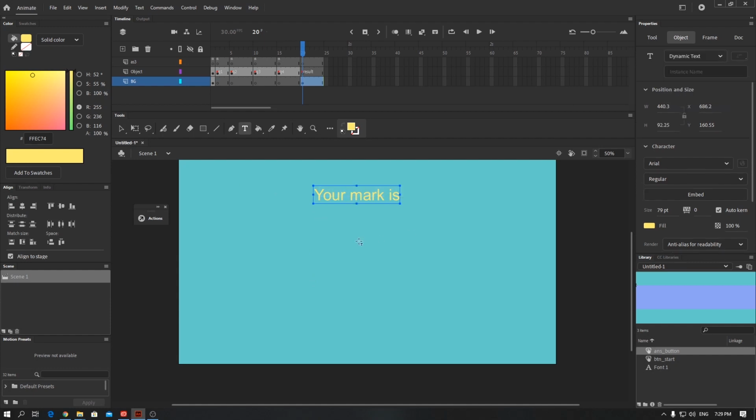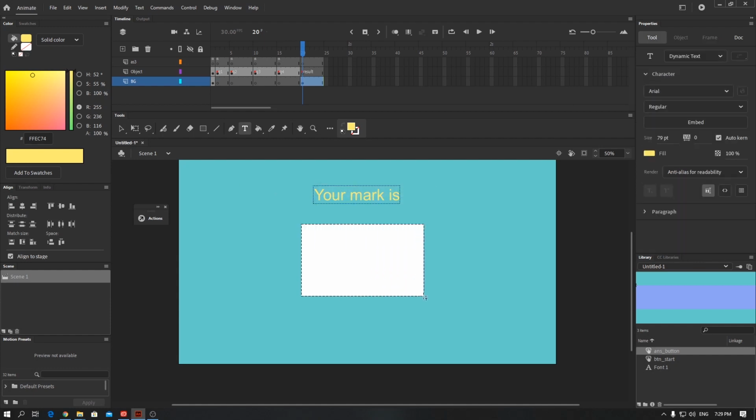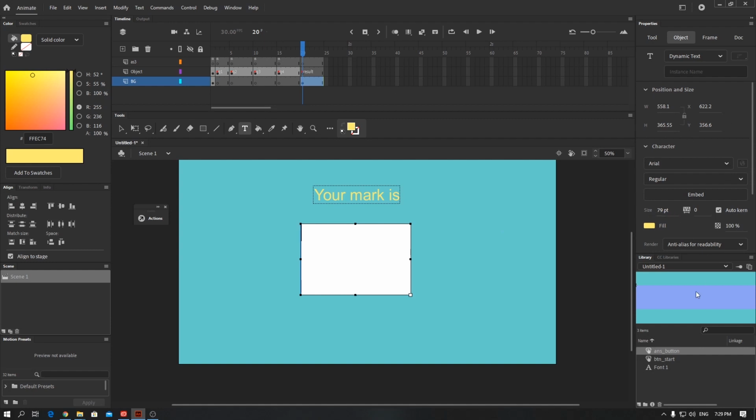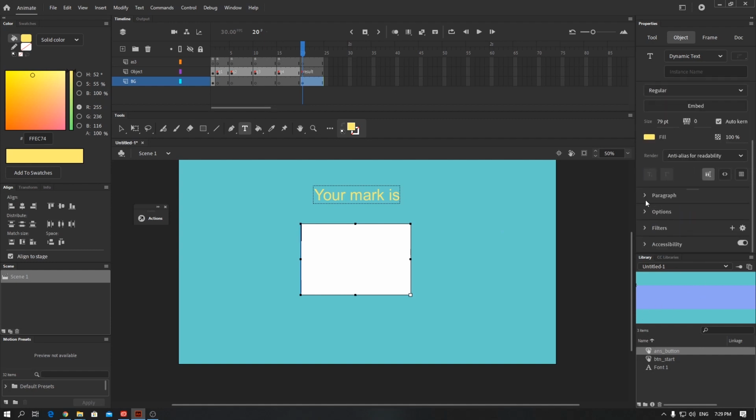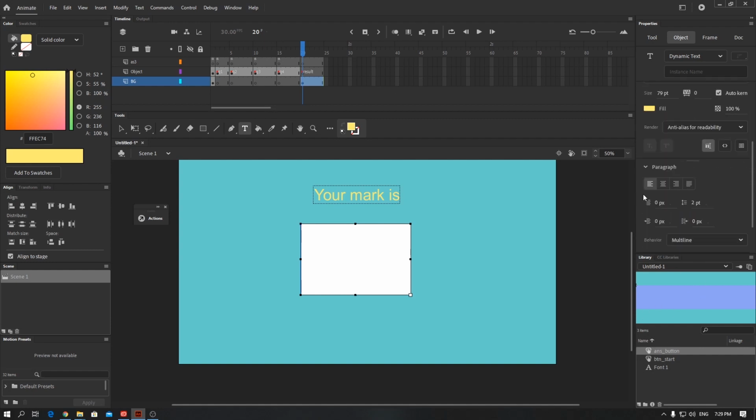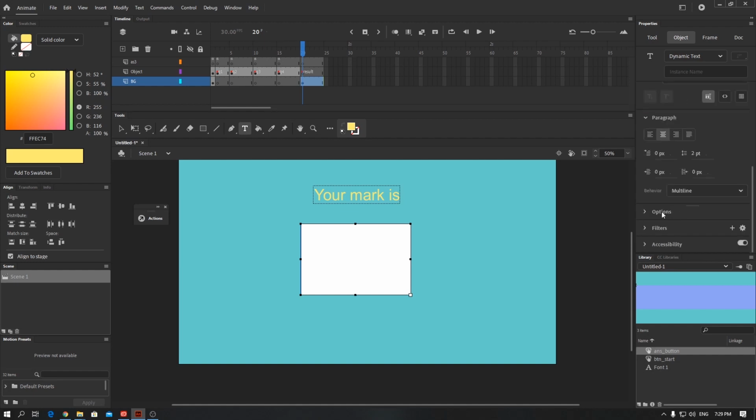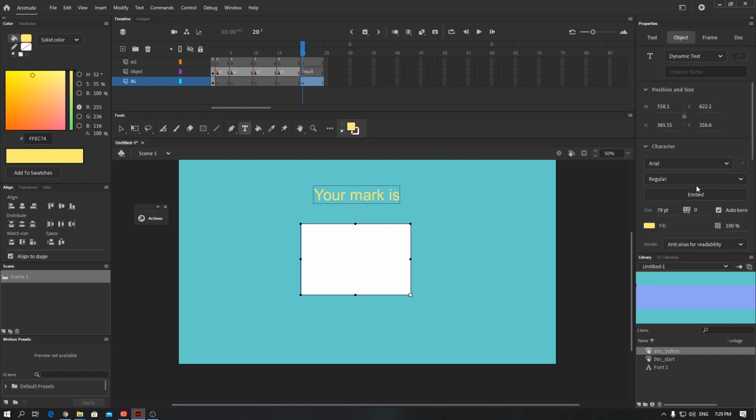Change to dynamic, and then make sure to put the option as a paragraph, so center. Alright,